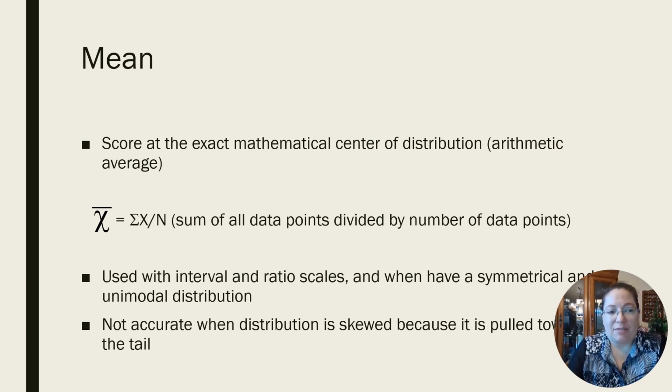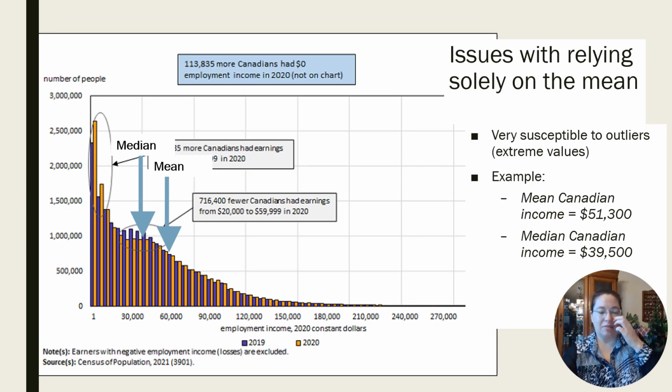One problem with the average or mean is that it's not an accurate representation of your data when the distribution is skewed because it ends up being pulled by extreme values. Let me show you what I mean by that. Because with the average, each data point is given equal weight, when you have any outliers that are extreme, they have a big impact. Here is the average Canadian income back in 2020,